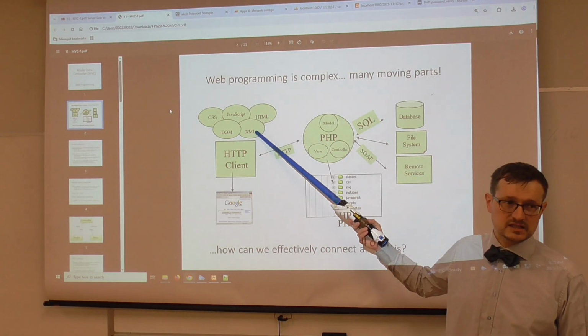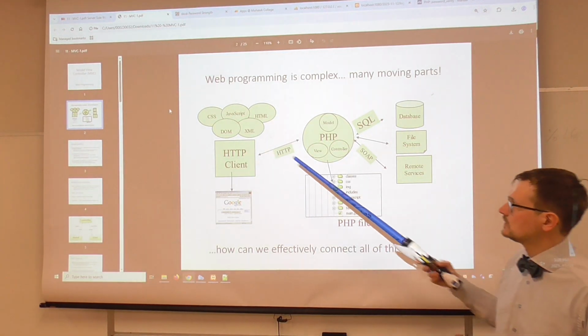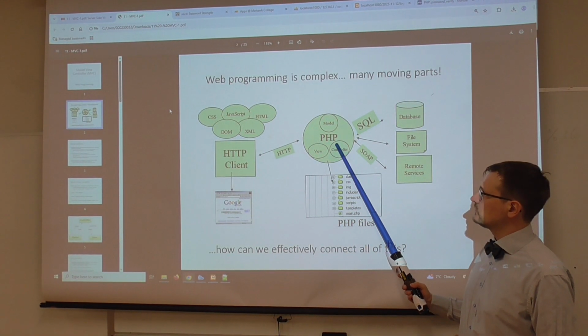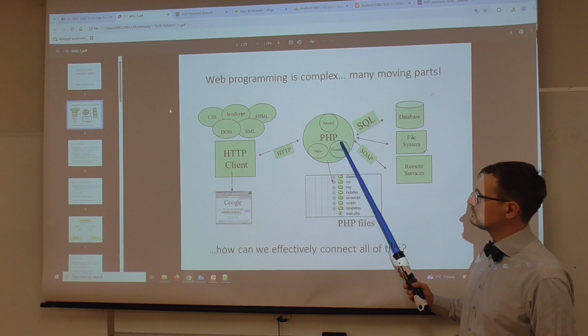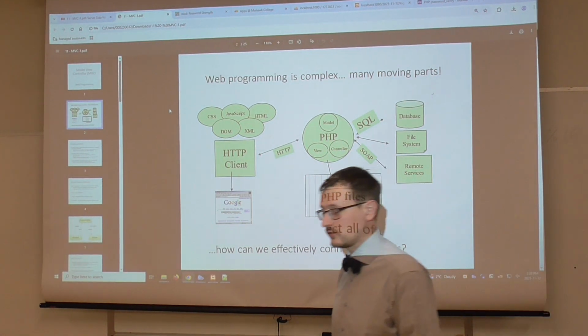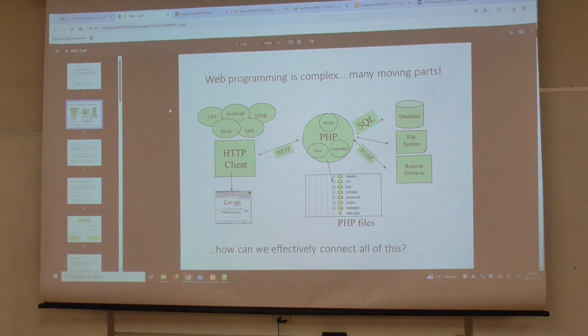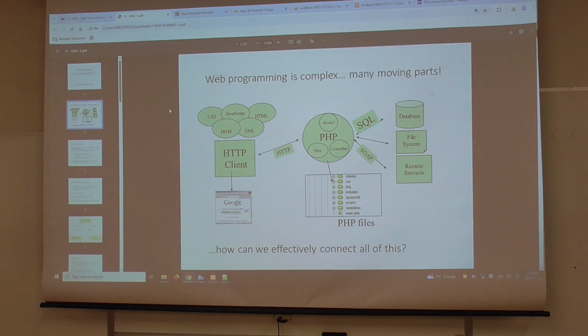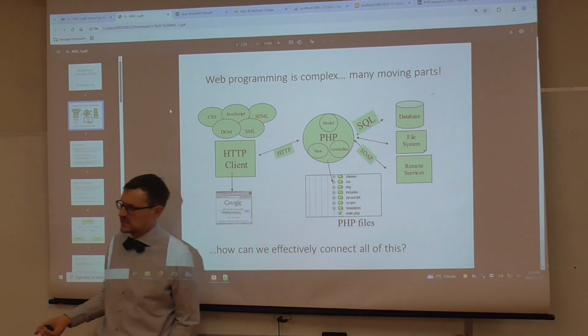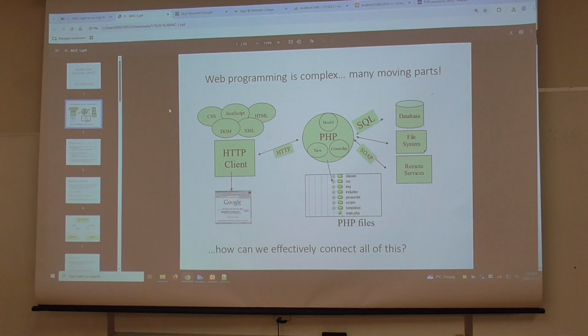I would add JSON to that. We communicate via HTTP with PHP. PHP, as we are finding out during the course, is fairly complicated itself as well. It's talking to databases, the file system, and its session database.